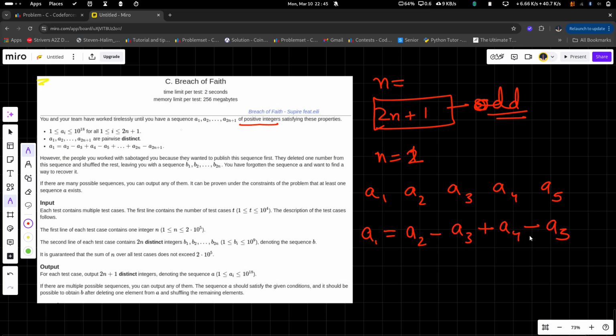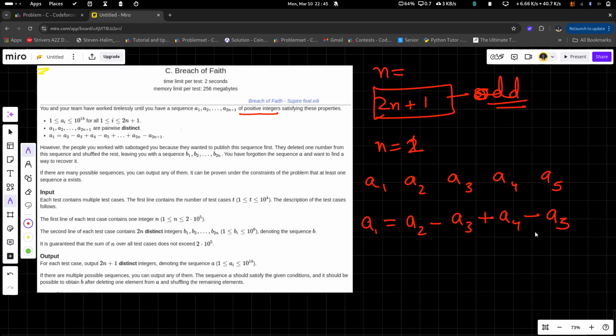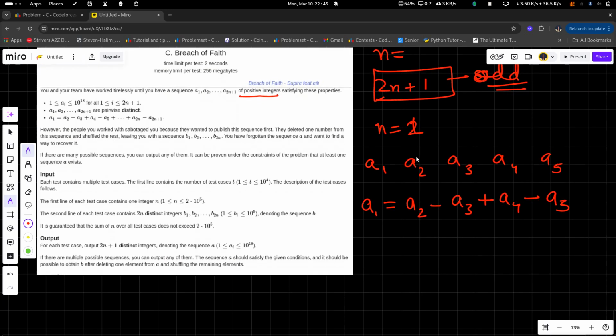One thing I noticed when doing this problem: how many elements are there in the original array? It is 2n+1, so it is odd. So whenever I make an array, the last element will always end up with a minus.